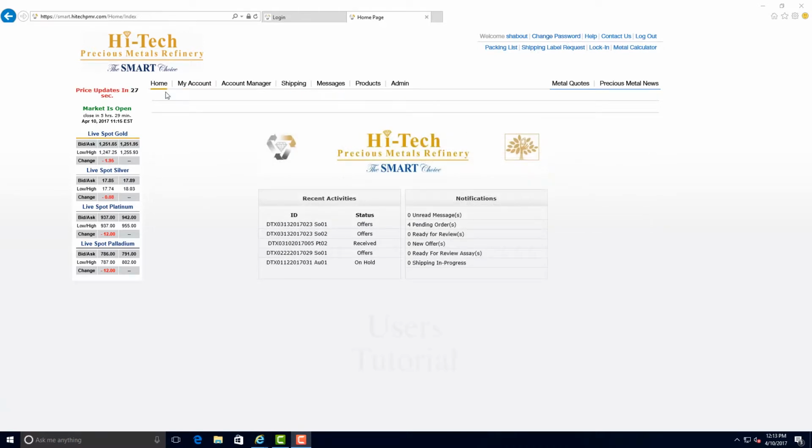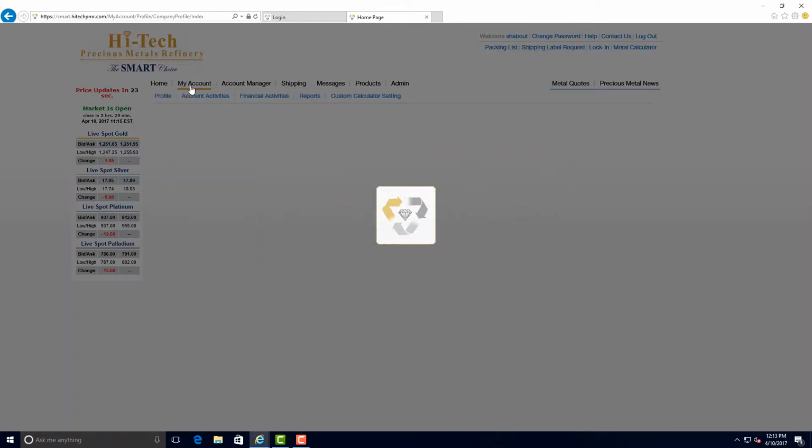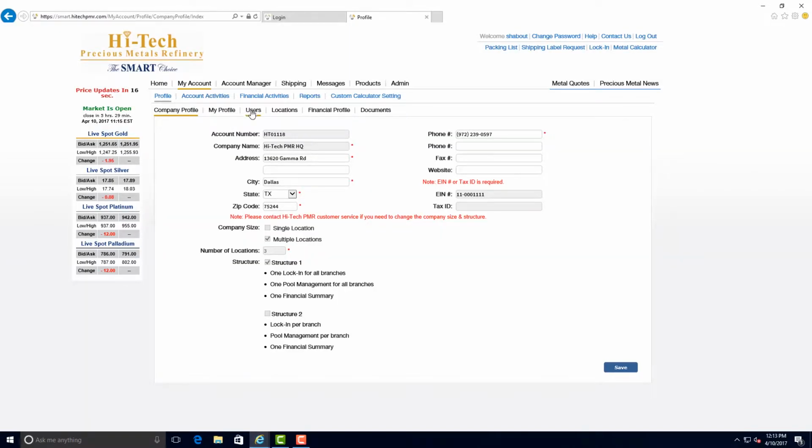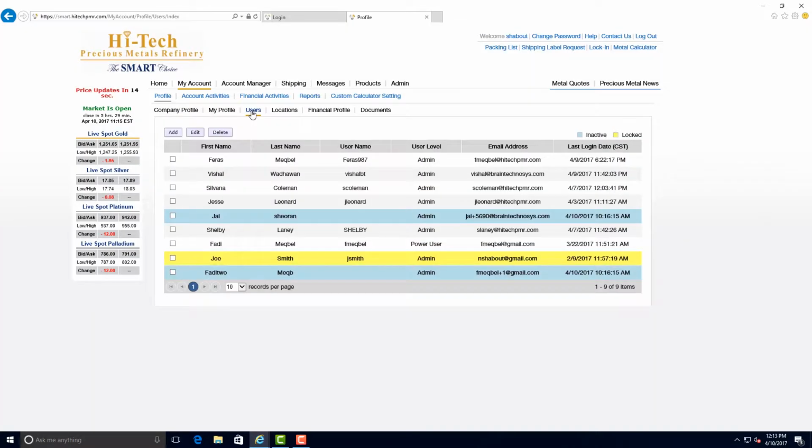In this tutorial, we'll be going over the Users tab. Click on My Account and go to the Users tab under the Profile subtab. The Users tab is the Users Management tab. When the account is set up initially, only the super admin can add users and grant privileges. Please remember, if you want to change the super admin for your company, only high-tech members will be able to